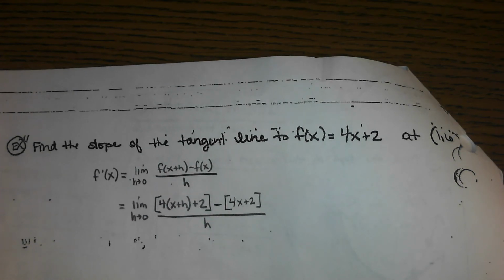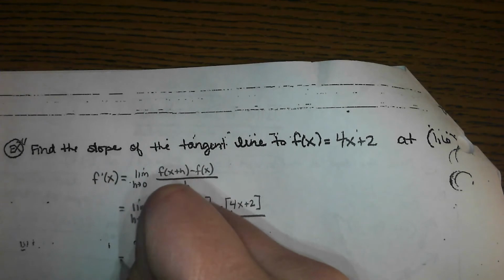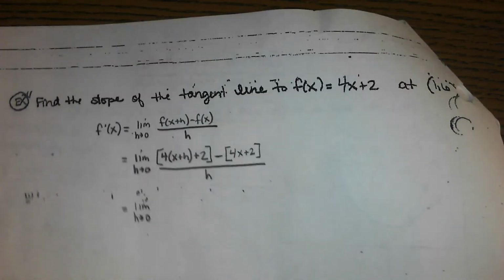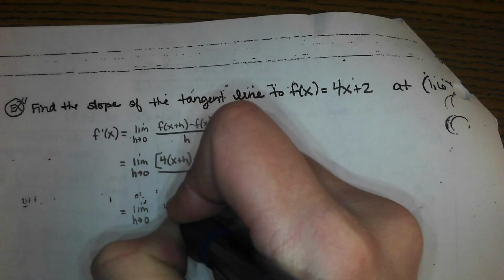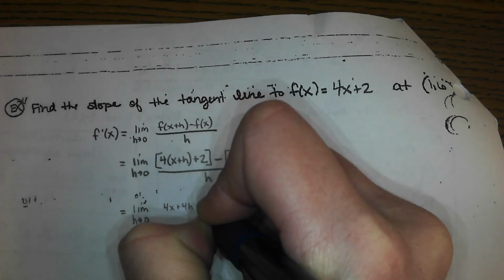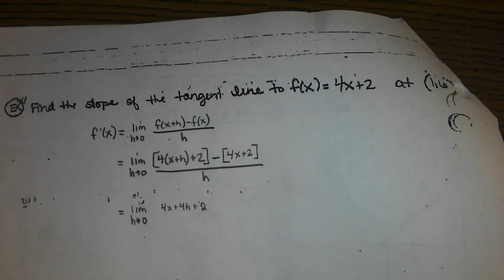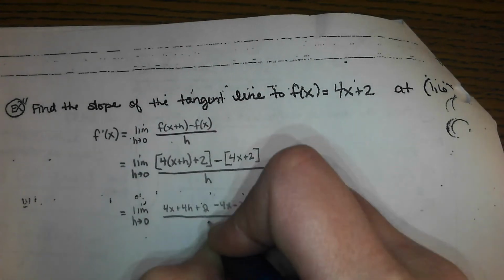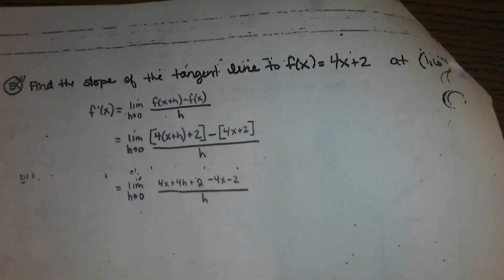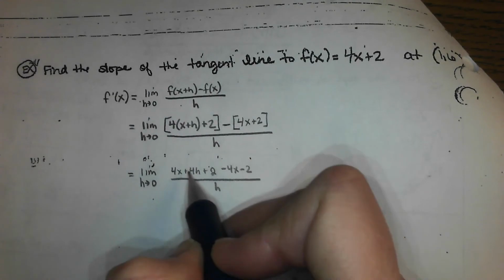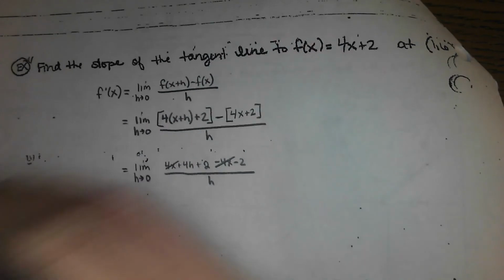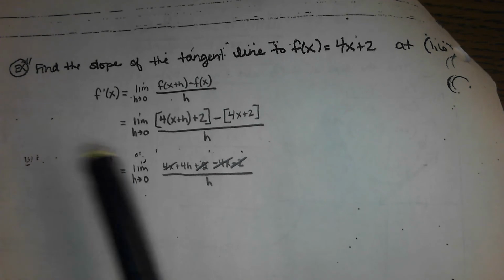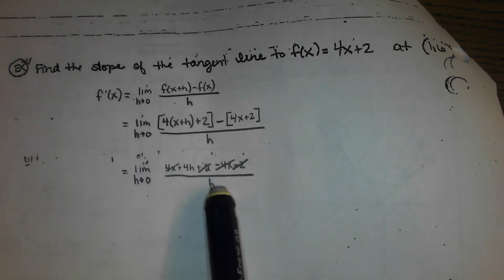So when I continue simplifying and continue writing down the limit as h approaches 0, I get 4x plus 4h plus 2 minus 4x minus 2, all over h. And what I love about this is 4x minus 4x cancels, 2 minus 2 cancels, and I'm just left with 4h divided by h,